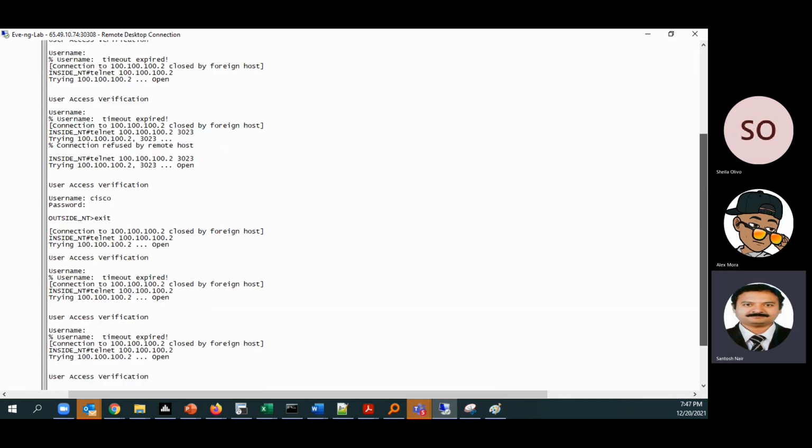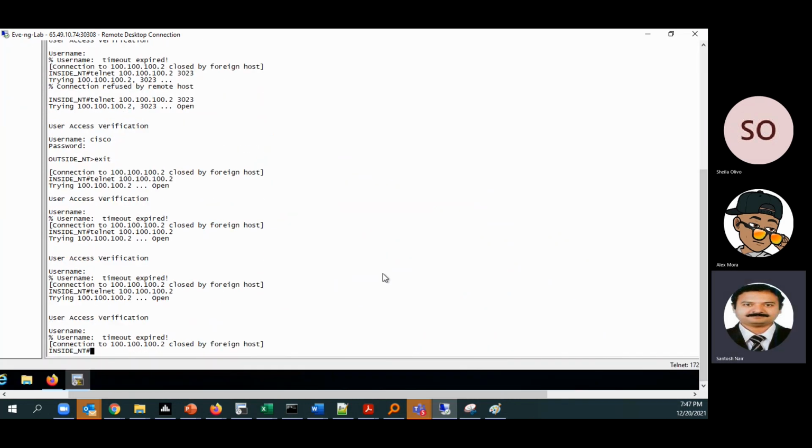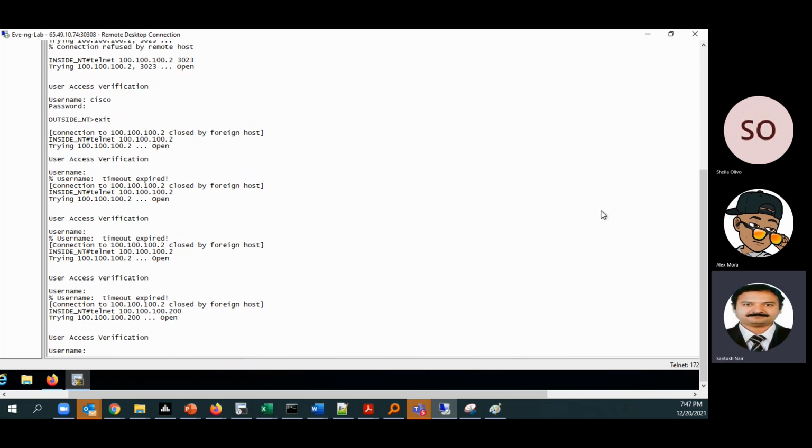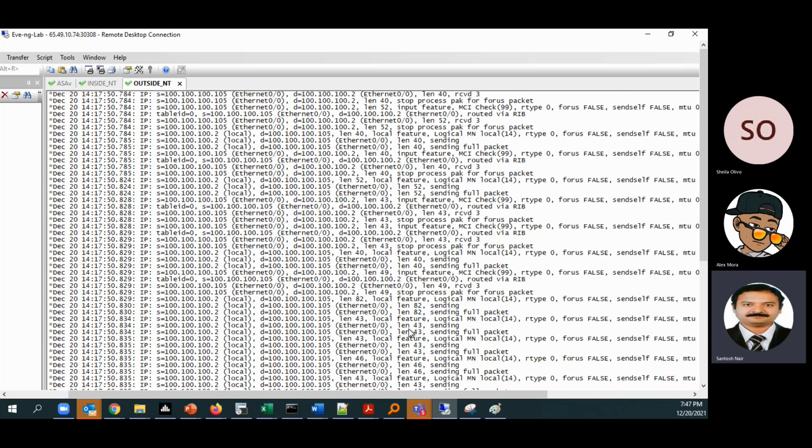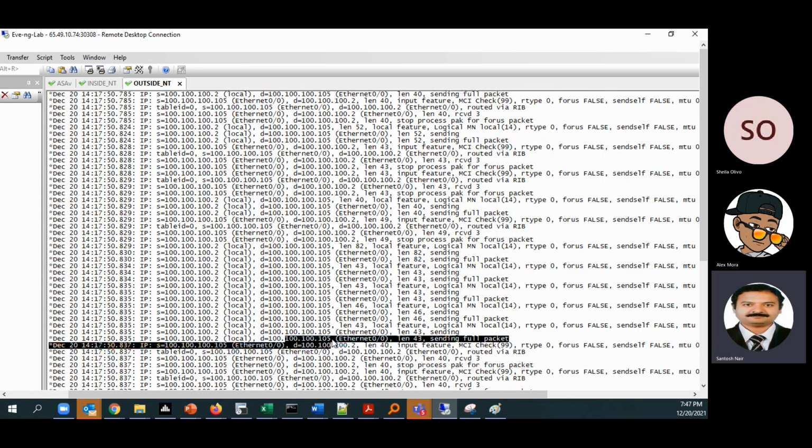So what we'll do is we'll try to do a telnet to 100.100.100, what was the IP address? 200, right? And what is it getting natted to? It is getting natted to 105. You're able to see it, right? Yes.